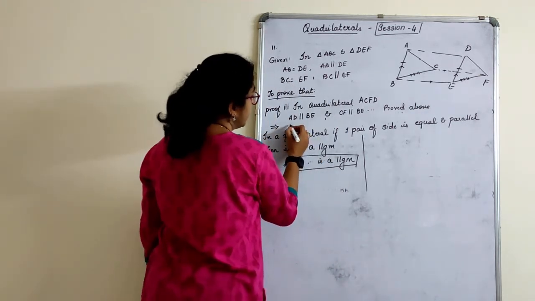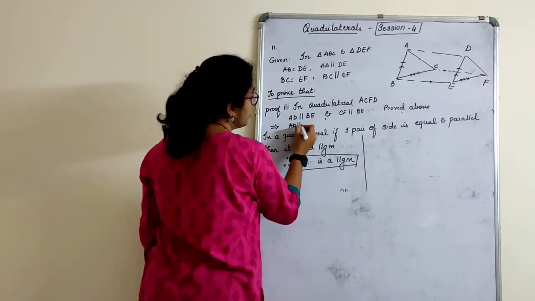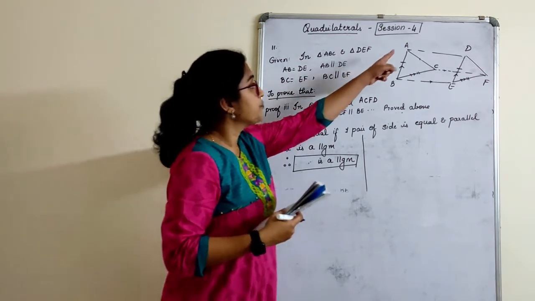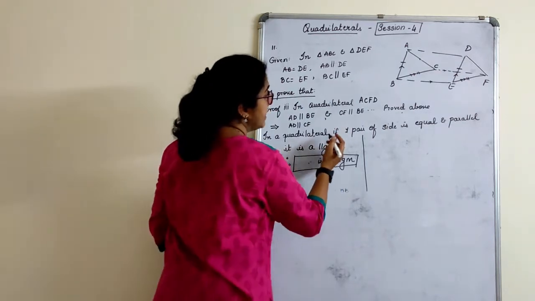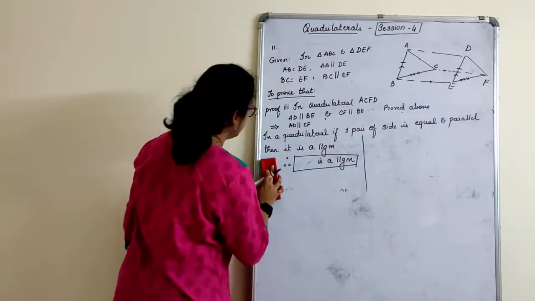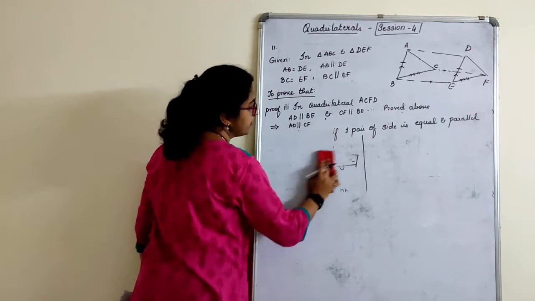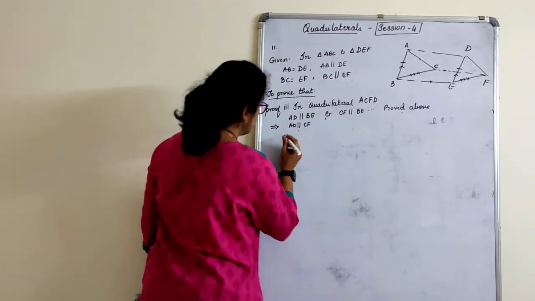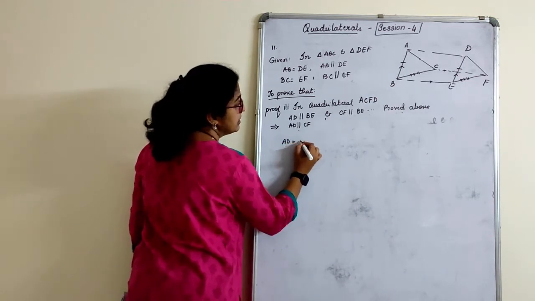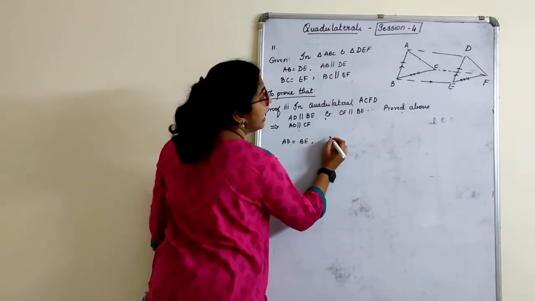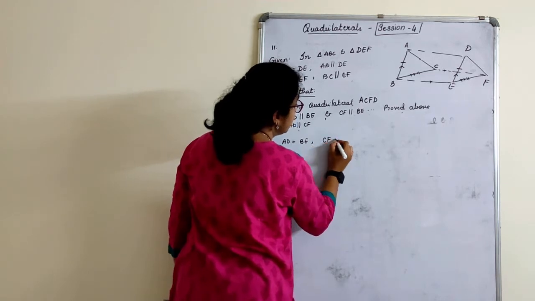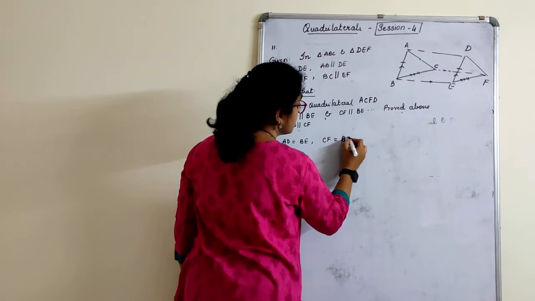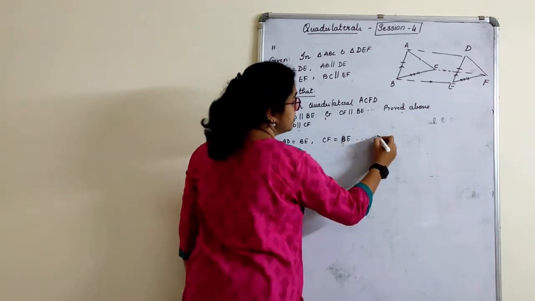This implies AD is parallel to BE and CF is parallel to BE. Both are there. Can I say that AD is also parallel to CF? Things equal to the same thing are equal to one another. Now those two are parallel. Next part, I'll rub this, children. It's better to rewrite this once again because one sign also we have to mention. Next, AD is equal to BE and CF is also equal to BE. Reason: proved above.